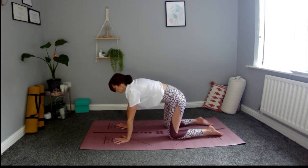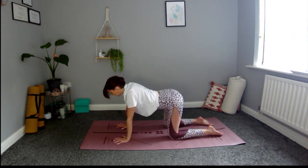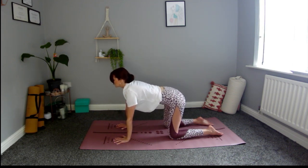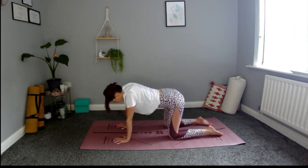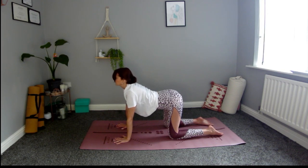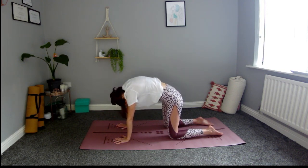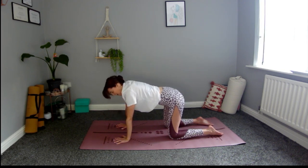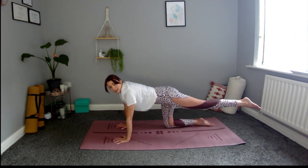Exhale, round the back. So let's just go through a few more rounds of cat and cow here. Try to sync it with your own breath. So inhaling, always dropping the belly. Exhale, rounding the back. Lovely, bring yourself back to a neutral tabletop here, and then you're going to send your right leg out behind